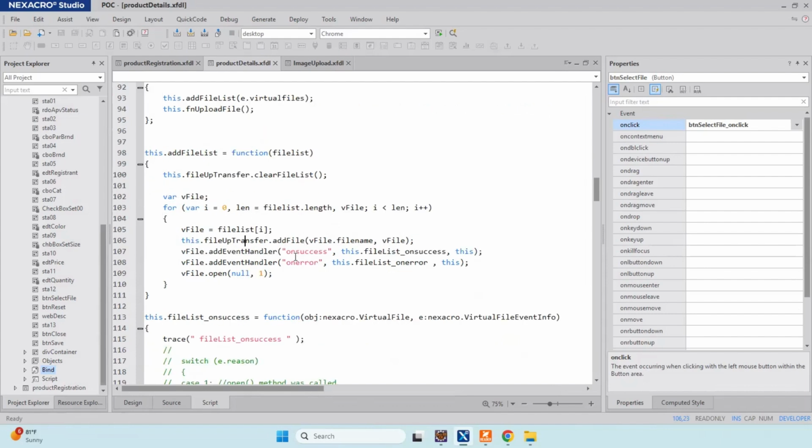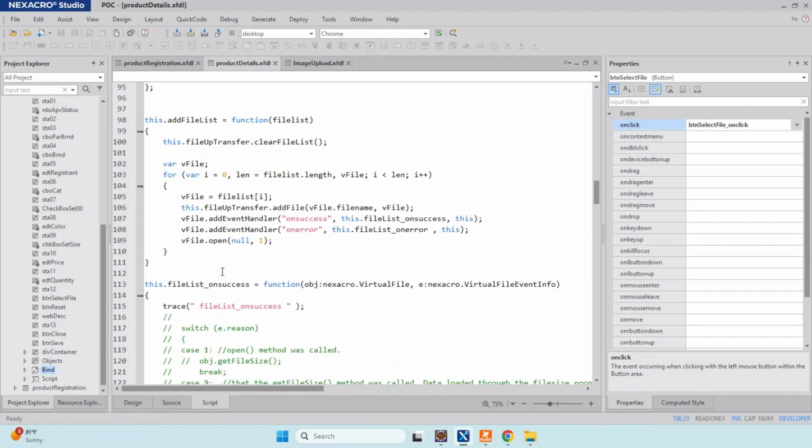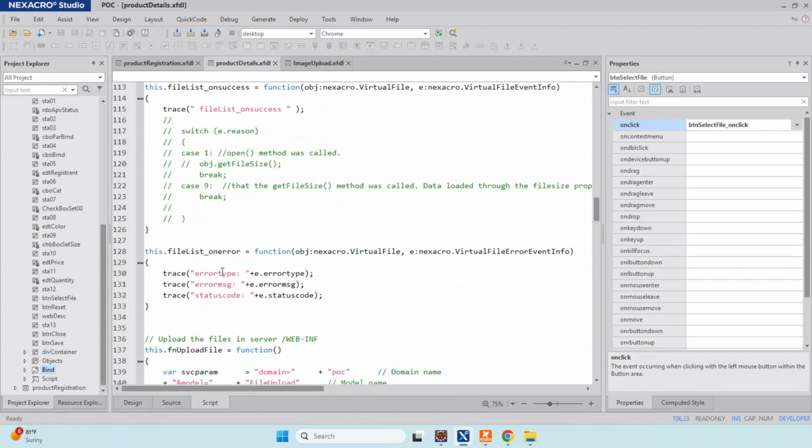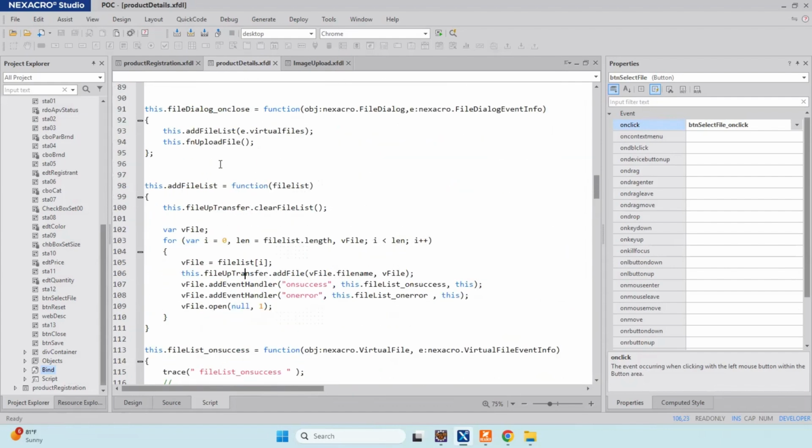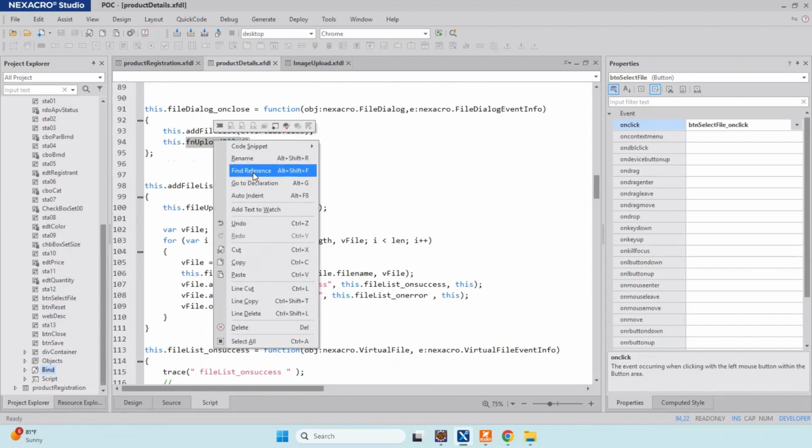The file has on success and on error event handlers. If there is any error, we will get the message. Once we have added all the files to the file up transfer, we call the file upload method to send the file to the server.